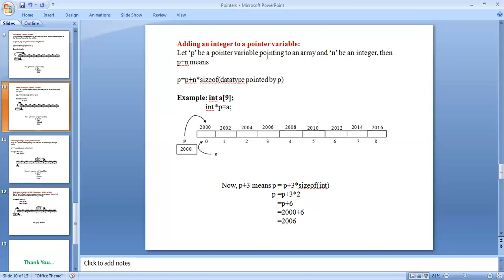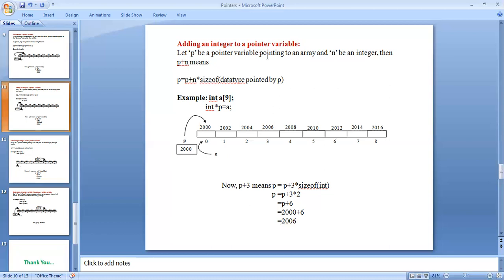To determine the new value, C must know the size of an element. The size of the element is determined by the type of the pointer. This is one of the prime reasons that pointers of different types cannot be assigned to each other. One memory location can be added to another, but not assigned, using increment, decrement, or adding.